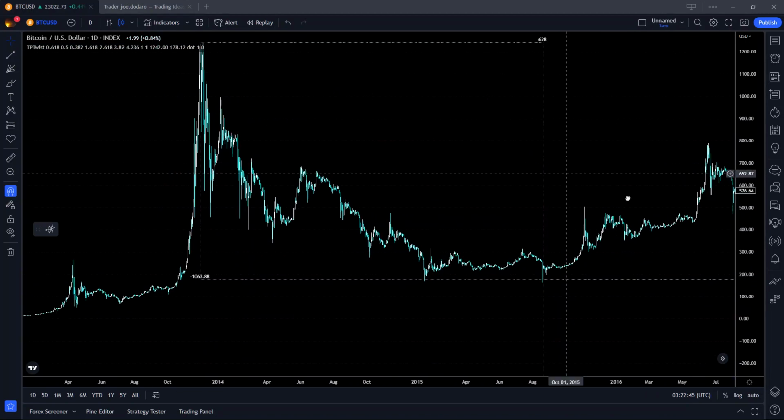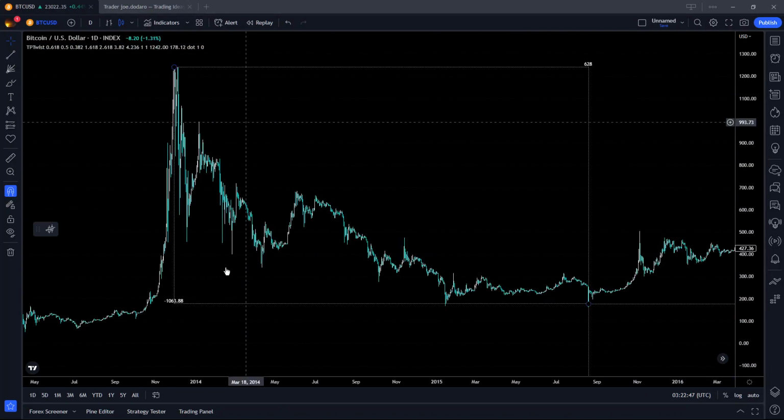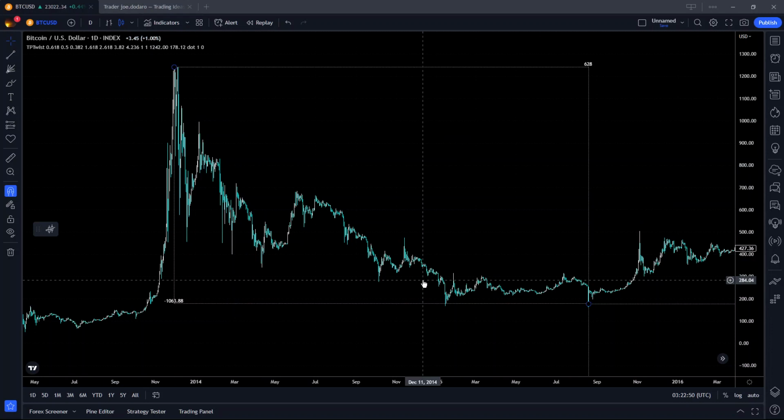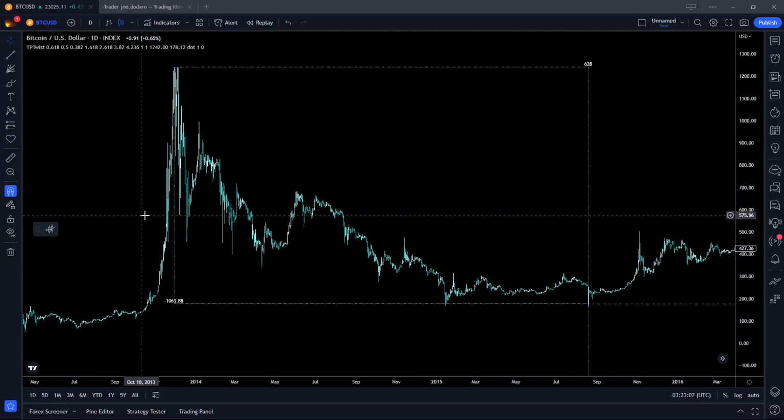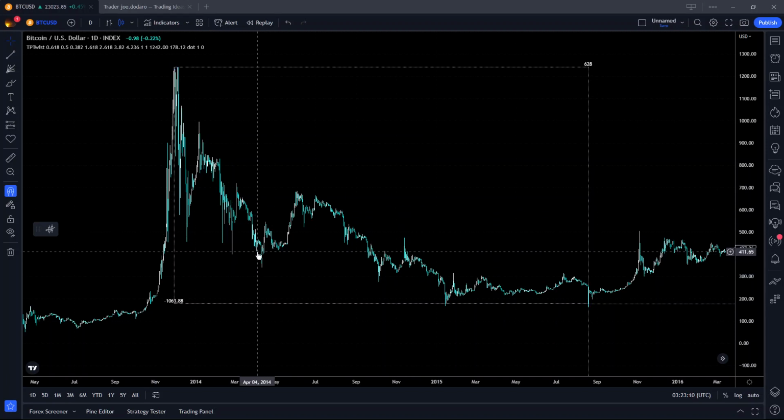This is the Bitcoin index. Now there's lots of stuff that happened in here if you were a Bitcoin person or if you were trading Bitcoin at the time. At this point in time, I had some miners going. I was trading a little bit. I was never too deep into any of that, but it was very interesting to be a part of at this time, especially during the Mt. Gox crash, which happened sometime in here in 2014,